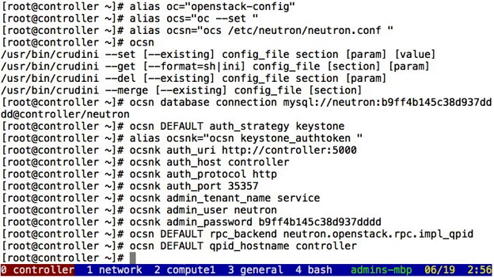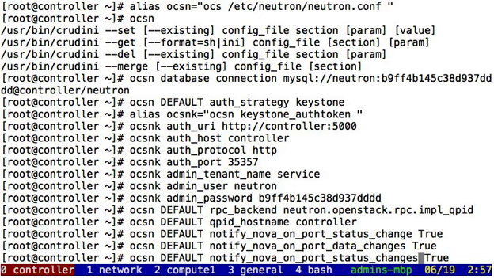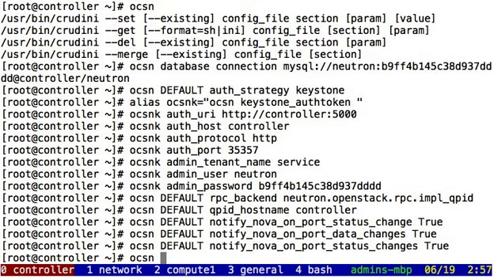Okay, so we've gone ahead and set it up to use the message broker. Now we need to configure networking to tell the compute that we just changed the network topology. So let's say OCSN default notify_nova_on_port_status_changes true. Next in default we want to say notify_nova_on_port_data_changes true. I noticed a typo, so let's go back and change this to port status changes. Okay, now OCSN default